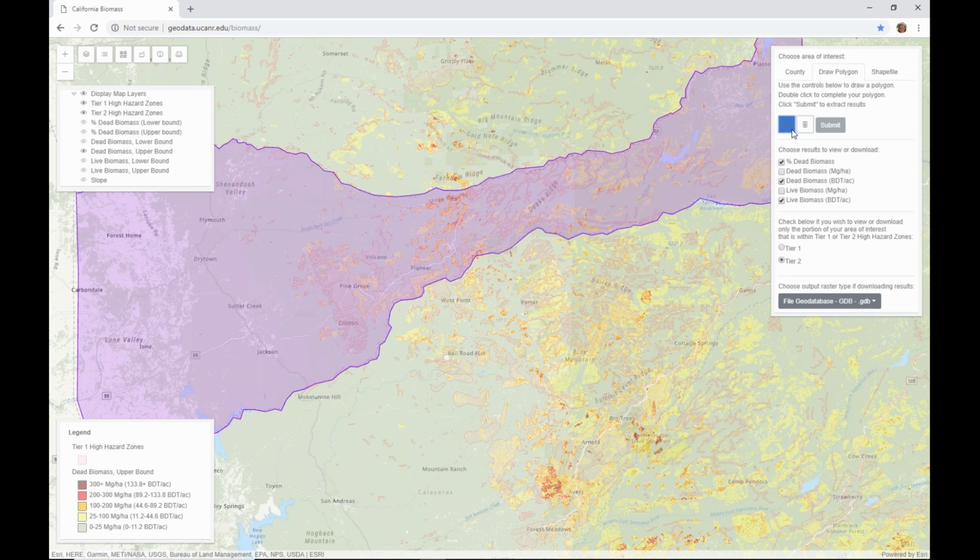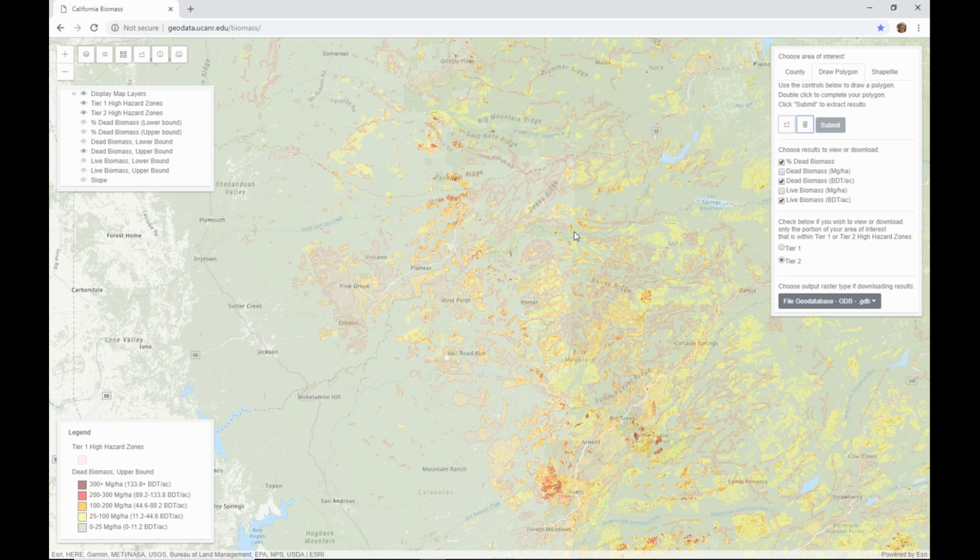So you hit the Draw Polygon button, and then just click on the map to create a polygon. And let's say I accidentally click over here and I don't want that. It's totally fine. Just go up here, hit the trash can. It'll clear areas that have been selected, and then start over again by hitting this button again. This isn't a very precise polygon, but it's just for demonstration. Let's say this is the polygon I want. I finish it off by double clicking, and then I can hit submit.